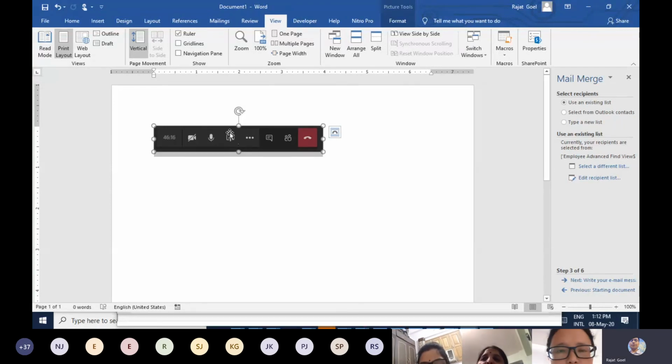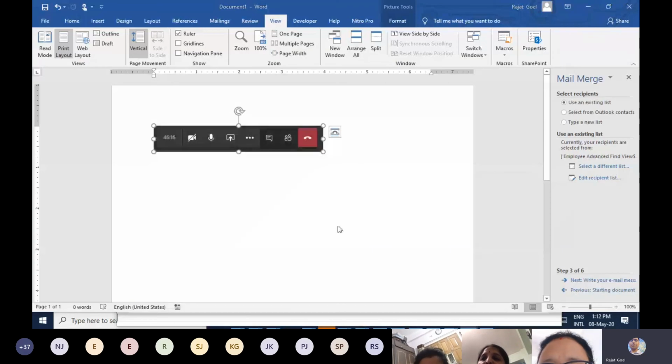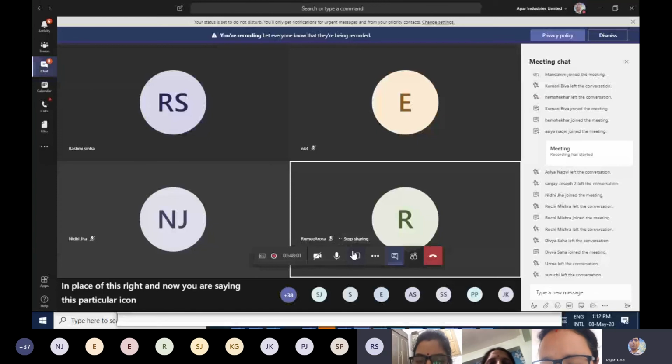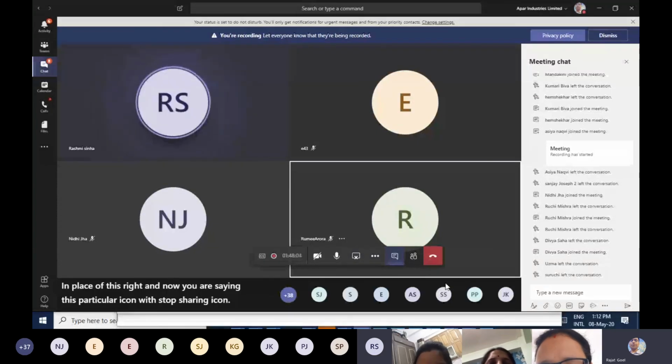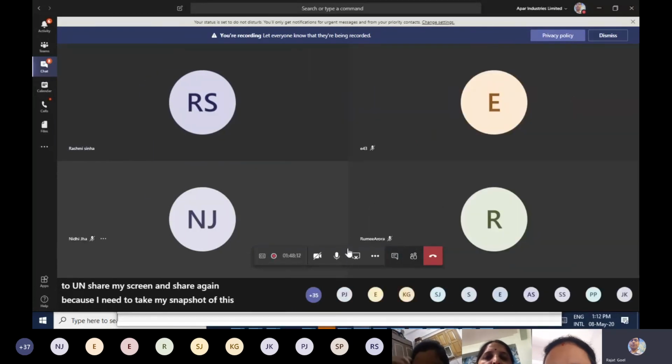This icon is known as share screen. In place of this icon, now you are seeing this icon with stop sharing. So this icon actually changed. Now I'm going to unshare my screen and share again because I need to take the snapshot of this again. Just bear with me for some seconds.